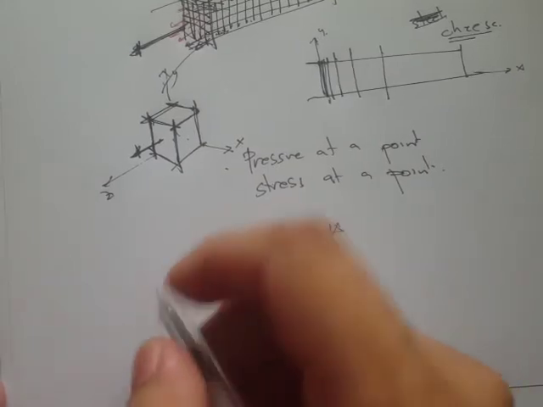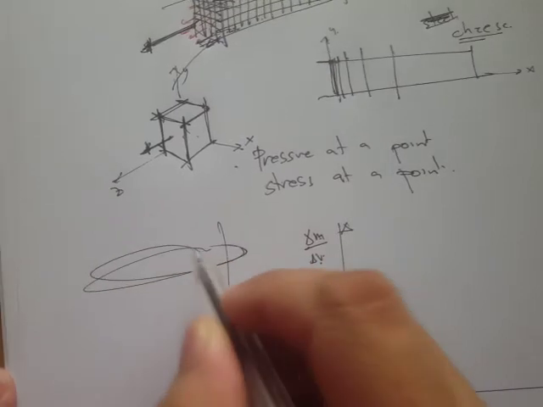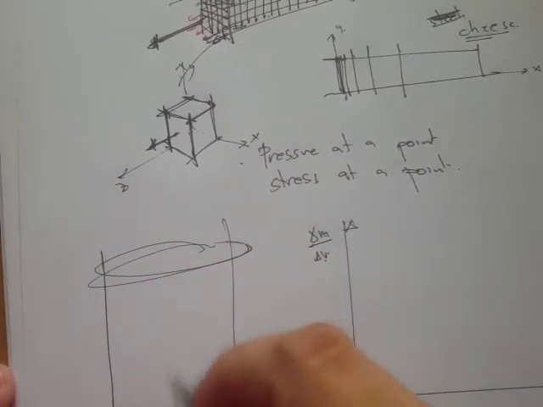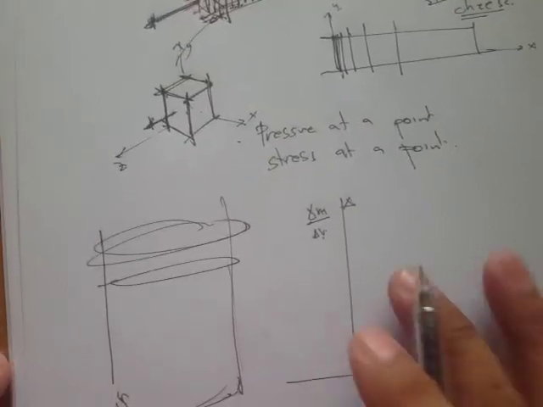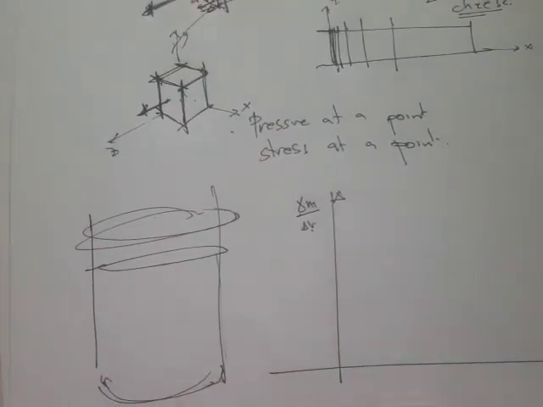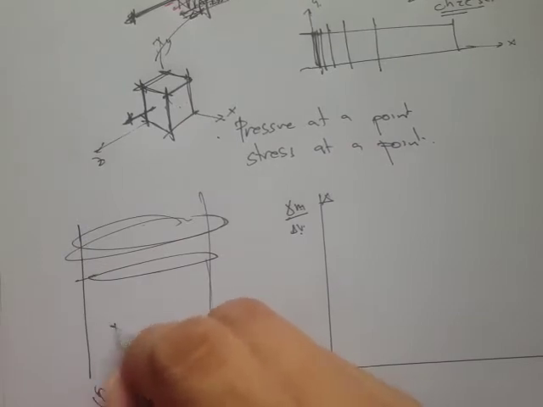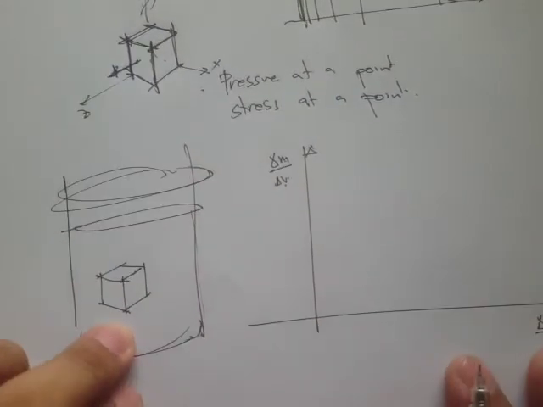Now if we consider, let's say we have a container, and this container is filled with water, right? Now if we consider a large differential volume, meaning maybe something like this,